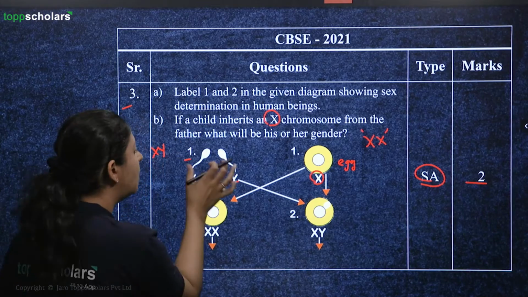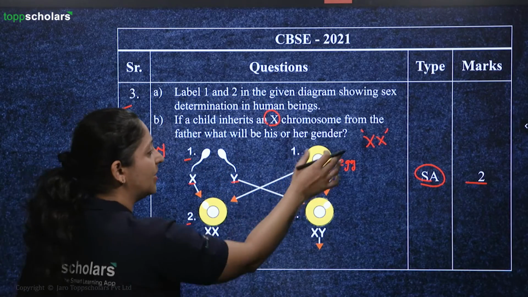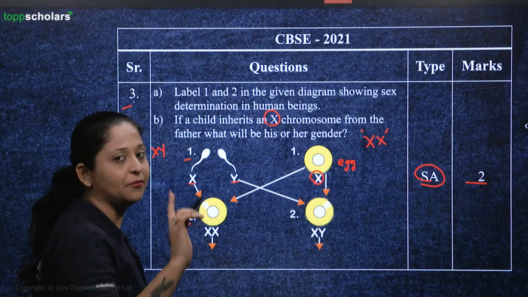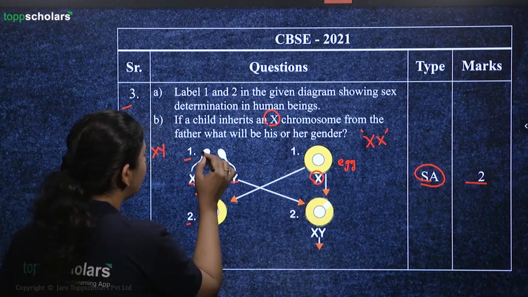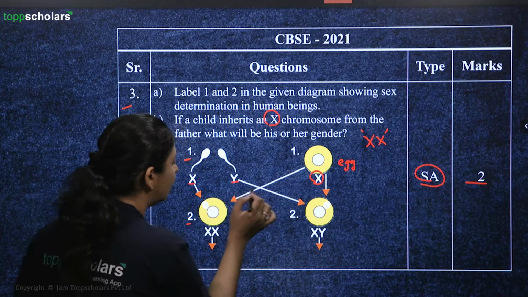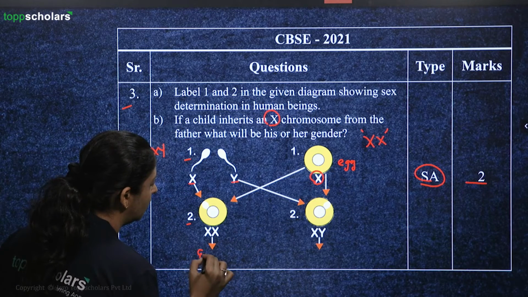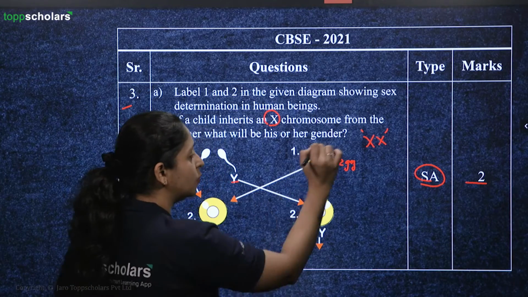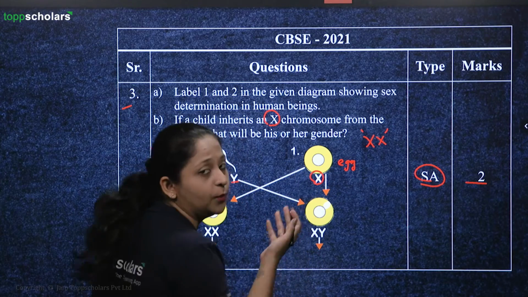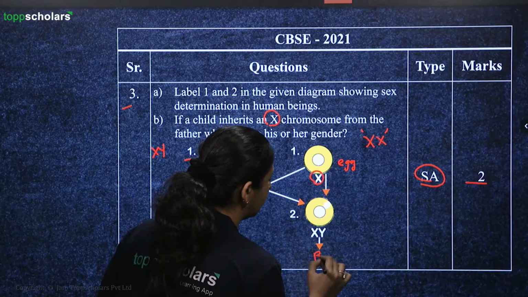Correct. So, they will produce 2 types of gametes. But here, they will produce only 1 type of gamete. Female will give you only 1 X chromosome gamete. Correct. So, if male X chromosome fuses with the female X chromosome, this will be a girl child. Whereas, the male Y chromosome fuses with the female X chromosome because they have only X, this will be a